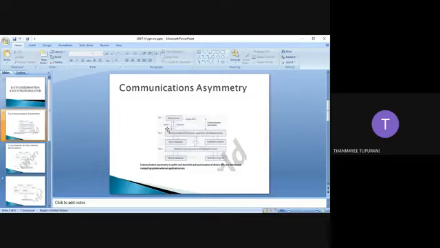Yes, so likewise we say a device can be allocated a limited bandwidth. This is because we have a large number of devices accessing our network. Yes, so the bandwidth for the downstream from server to device is larger when compared to the upstream from the device to the server. Yes, so uplink is from client to server, and downlink is from server to client. So we say the bandwidth for the downstream from server to device is much larger than upstream.